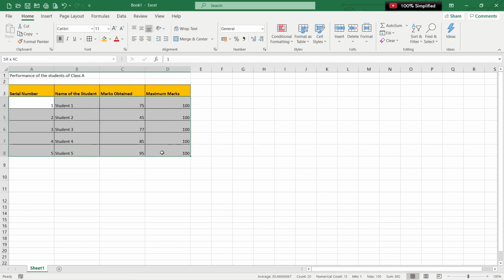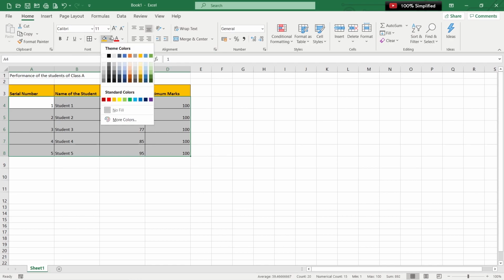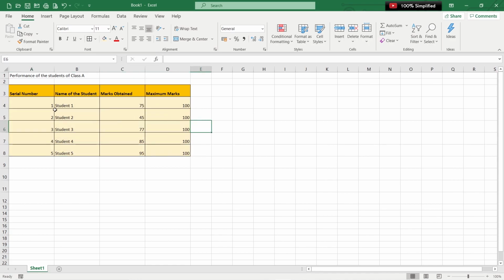Similarly, you can add color to the contents of the table. Follow the similar process, select the entire cell, go to Home, Font group. In that you will find a paint box sort of icon. Just click on the arrow, you will have various colors coming up. Let me enter the color which looks like a goldenish yellow. So here we go. This is how it actually looks like, and I think the table is now looking far better. Just think through what else we can do to make it look better.